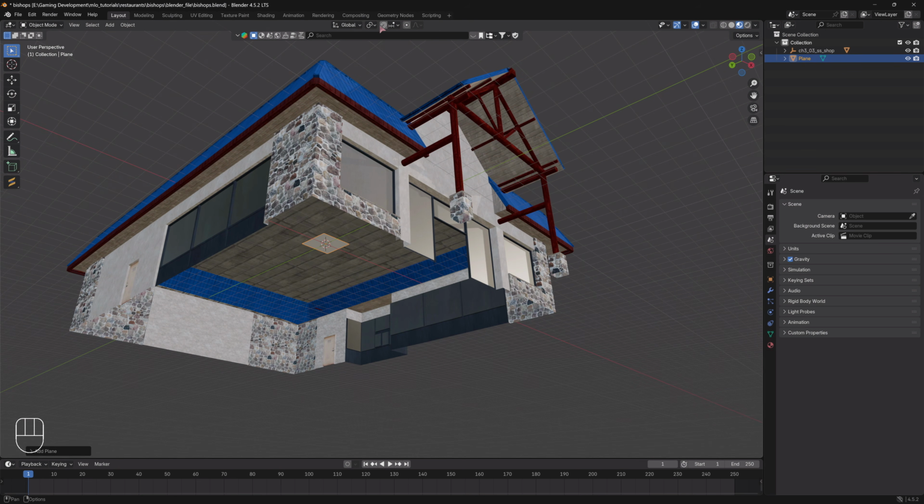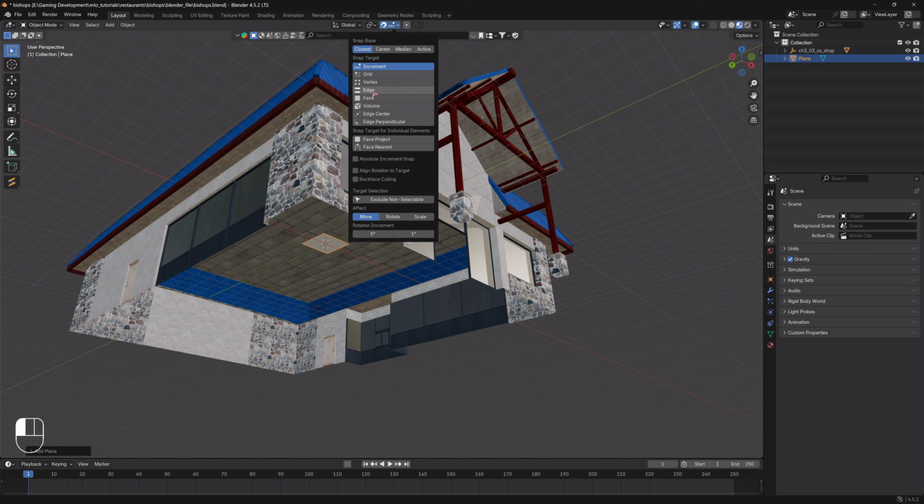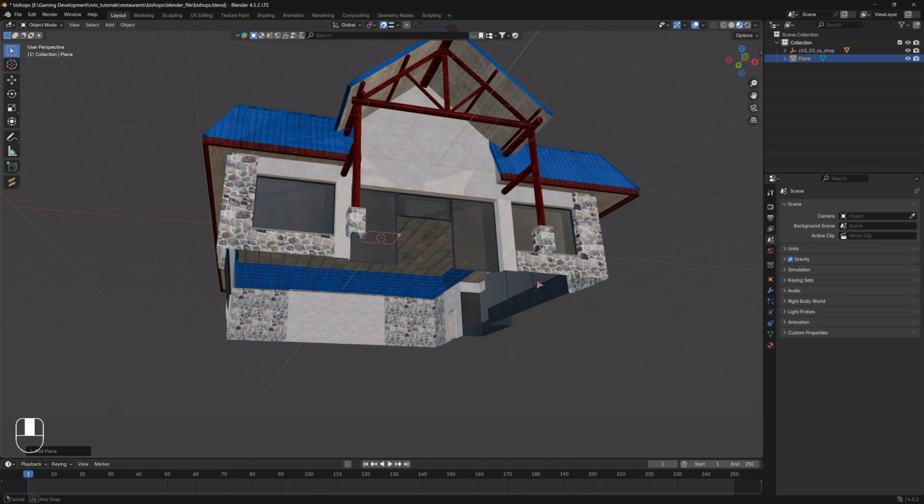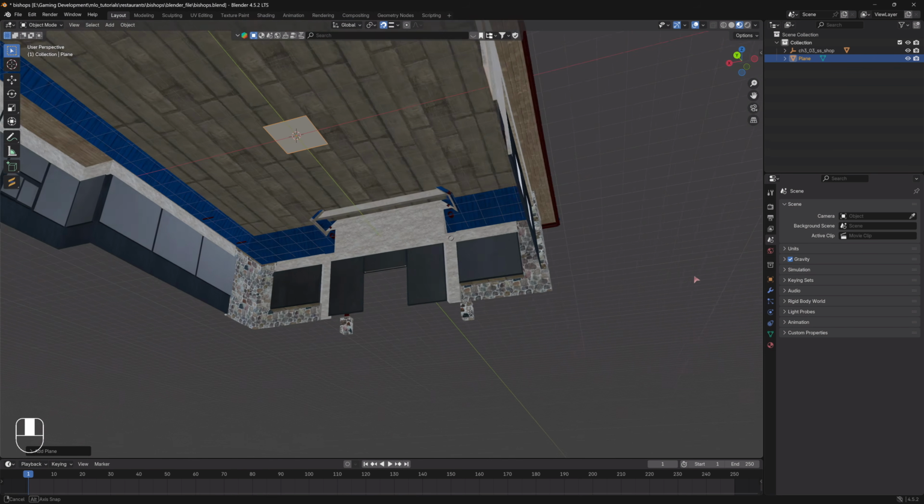I'm going to come up here to the top middle where this little magnet icon is. I'm going to turn it on. Then I'm going to click this drop down and I'm going to select edge. So basically it's going to snap our target, which is our plane, to edges. What I want to do is snap it to